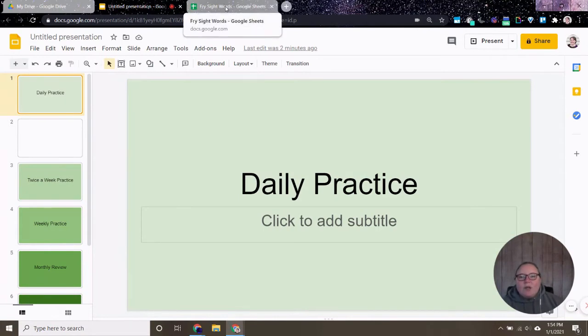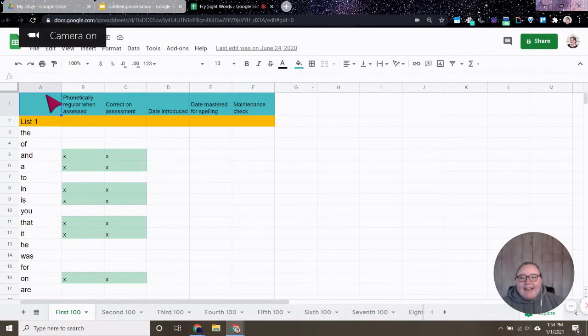So for choosing words to teach, I use the Fry word list. I start with the first word and the first 100 words, and I do not teach as irregular words anything that the student has already learned to decode. So if they know the sounds of these three letters in the word and, then I don't teach them. Often they've already learned the word a before they get to me, so I don't teach it. But let's imagine we're starting at the very beginning, and the first words I'm going to introduce are the, of,